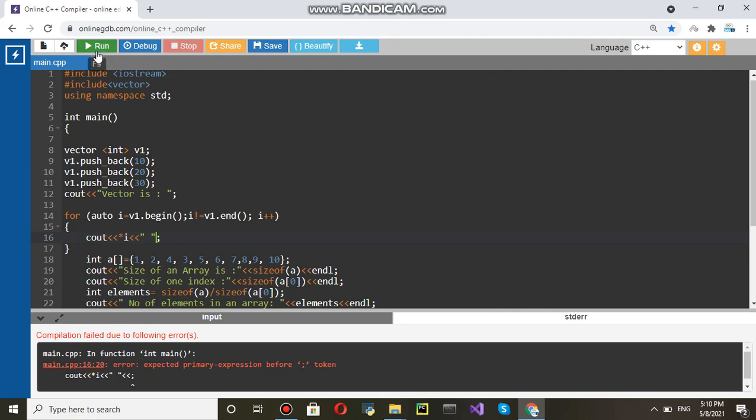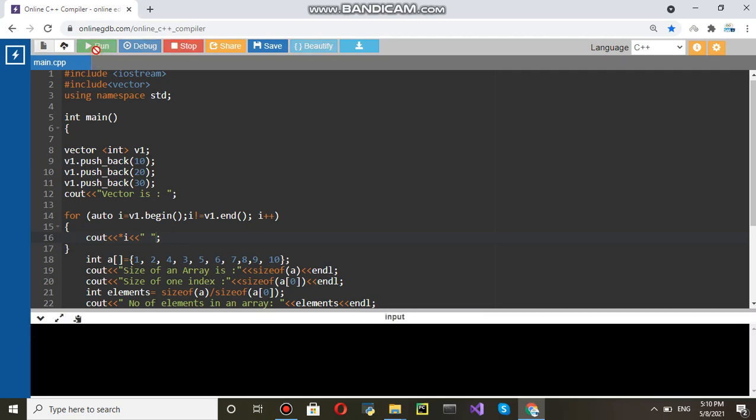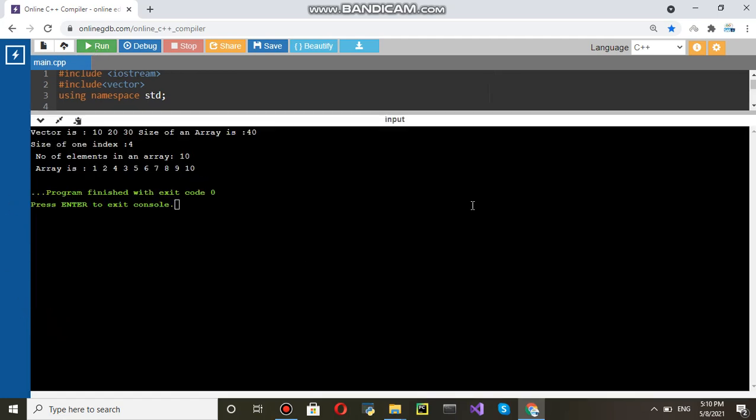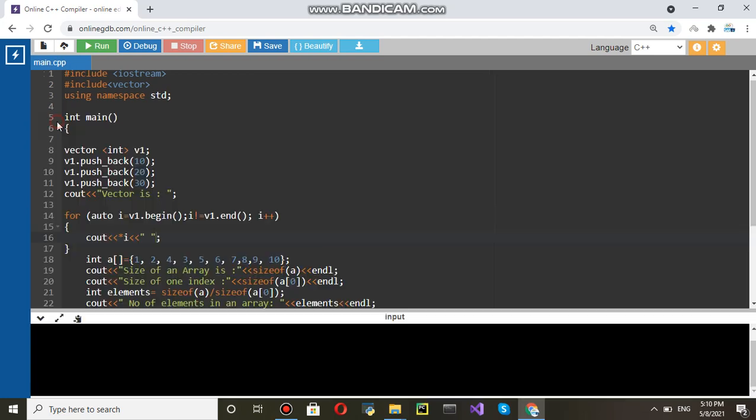We remove this and then you will find vector is, and in the same line you can see 10, 20, 30. Vector is 10, 20, 30, and then size of an array is 40. Size of index, number of array elements and array, this is coming due to the array program which is written below the vector. So for vector we got the result, right?